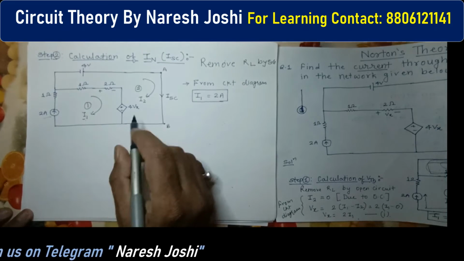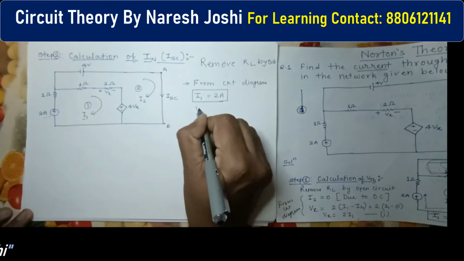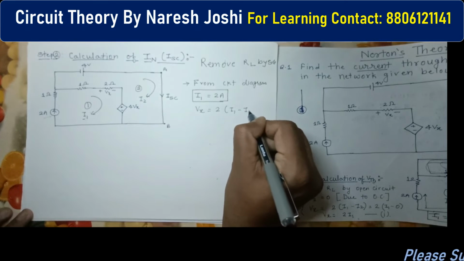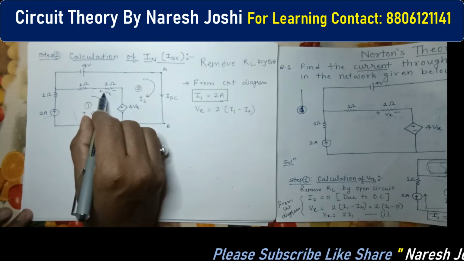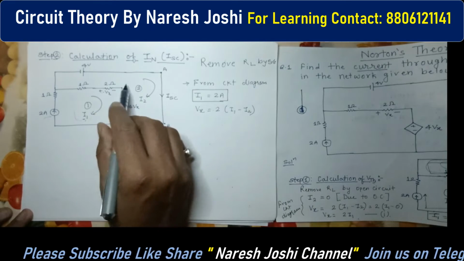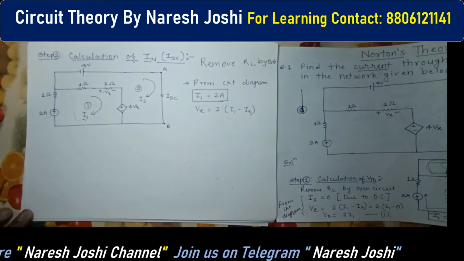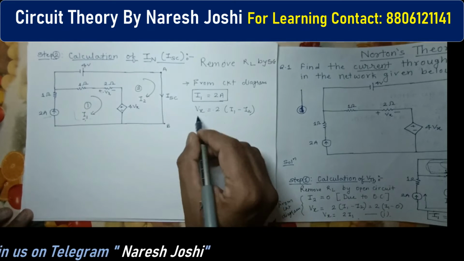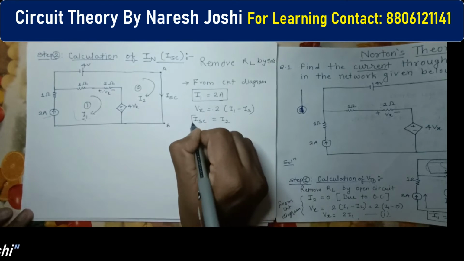Next we have to directly write down the value of Vx. What is the value of Vx? We can write down Vx equals, again same thing, 2 times I1 minus I2. We have to consider I1 as reference, we are coming in this direction, and I1 is a plus sign, so you can directly write plus 2 I1 minus I2. Okay, I2 is coming in the opposite direction. Clear? So this is this one. Next you can see we can write down here ISC equals, again this is the I2, so the direction will be the same, ISC equals I2.